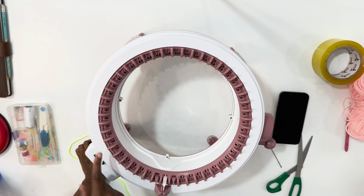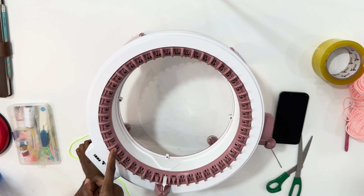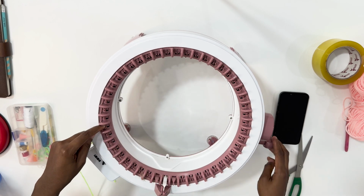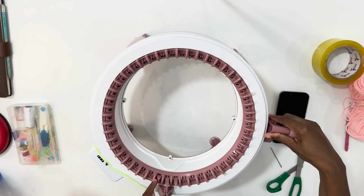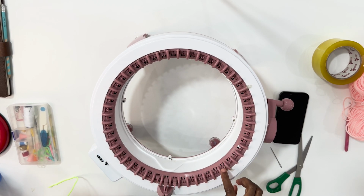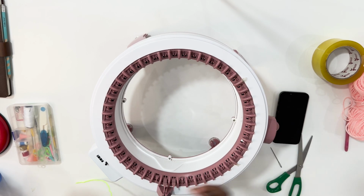We are going to count 8 needles from here. 1 after this. So 1, 2, 3, 4, 5, 6, 7, 8. 8 here. You're going to pull your machine. This is the 8. From here, this is the 8. So 1, 2, 3, 4, 5, 6, 7, 8. So after the 8,